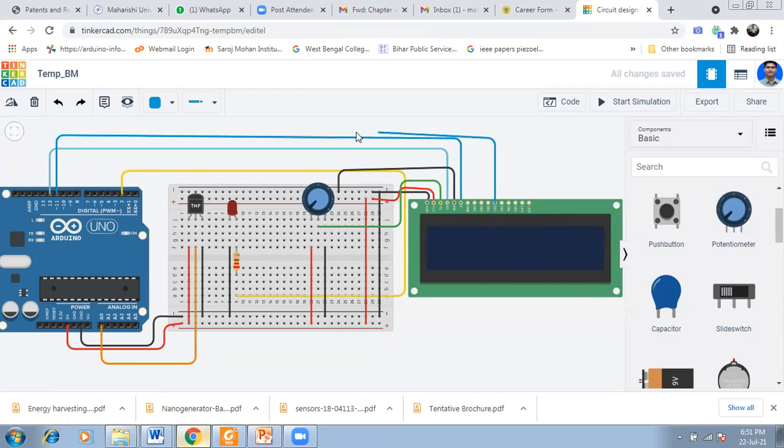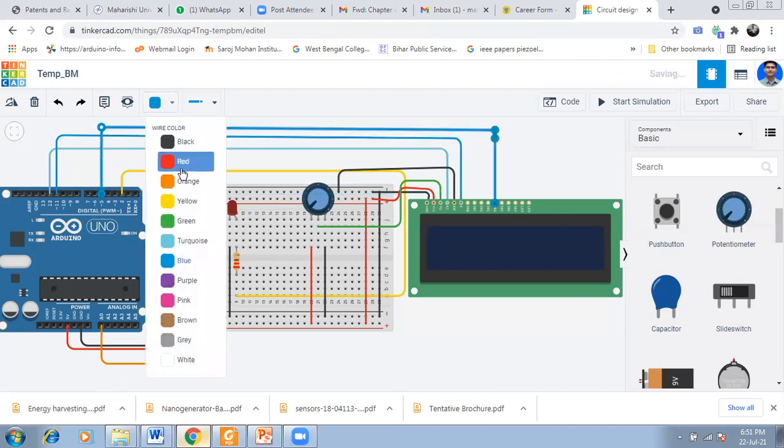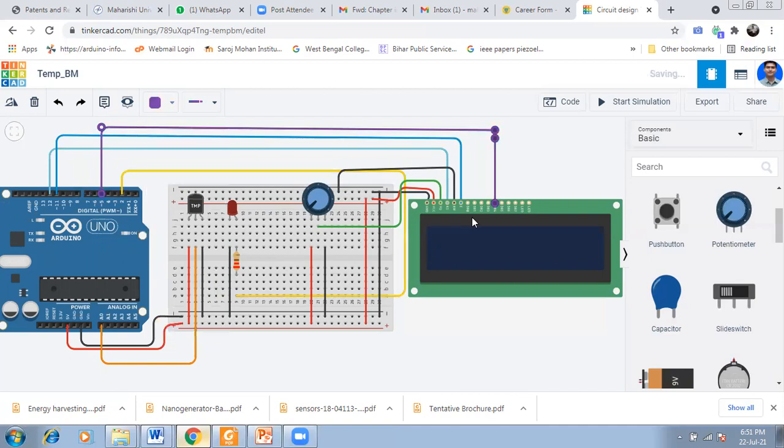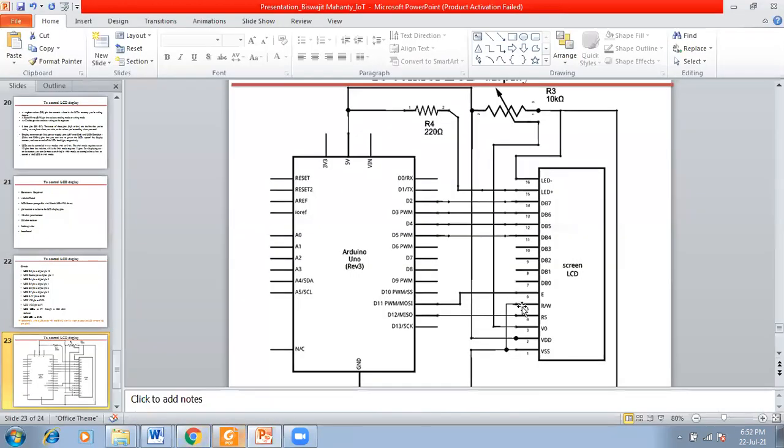So change the color. 4 is connected with 5. Okay.